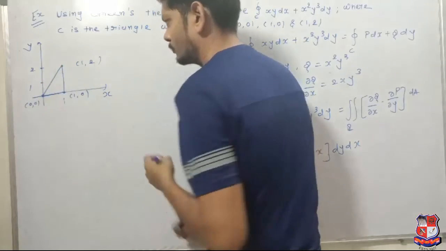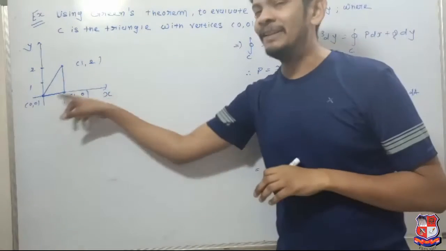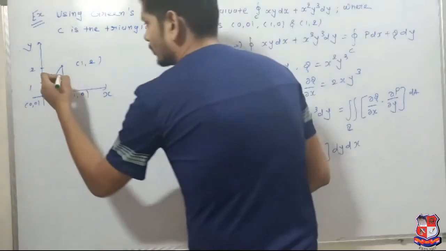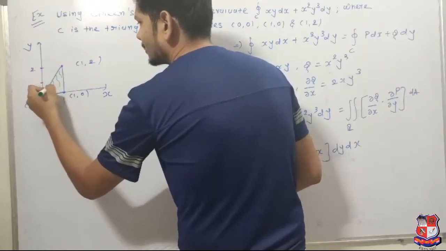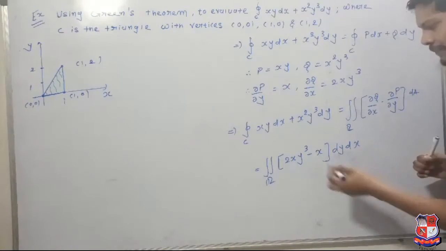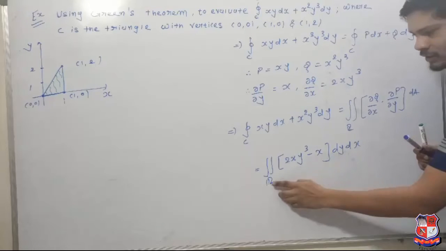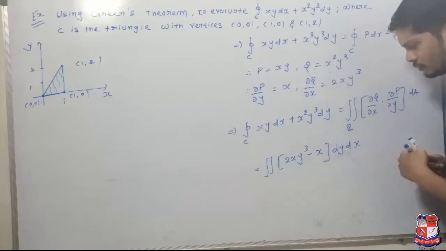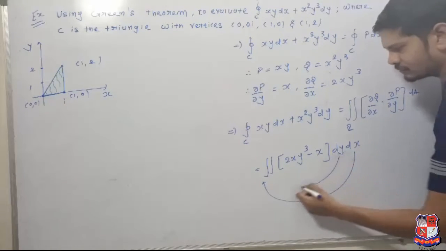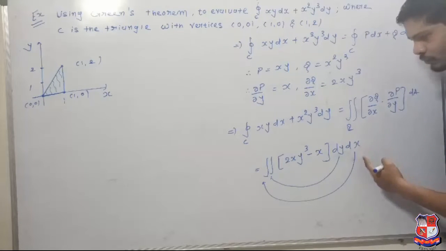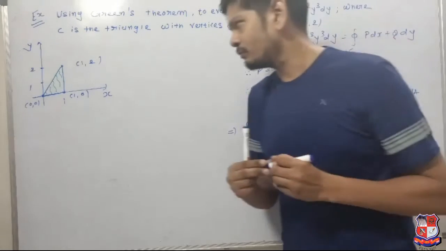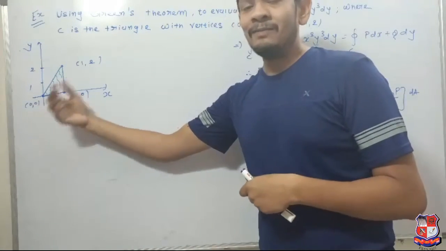So the triangle is enclosed by these 3 vertices. Okay. So here the region is inside the curve. Okay. So let me try to find out the limits of x and y. Now this is the case of multiple integral, so we know that this is the outer limit and this will contain the inner limit. So what is the outer limit? The limit of x. So observe the curve, where it starts and where it ends.